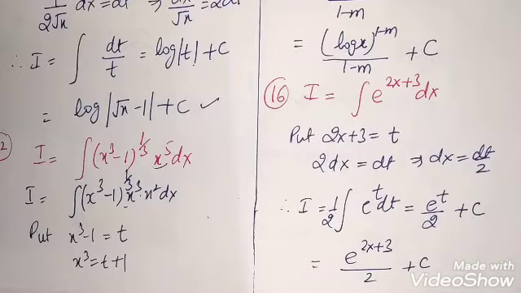Done. Okay. Moving to question number 17th, put x square to be t. In the 17th question, the hint is put x square to be t. Now moving to question number 18th, what question number 18th says is, put tan inverse x to be t. Listen carefully, put tan inverse x to be t in question number 18th of yours.